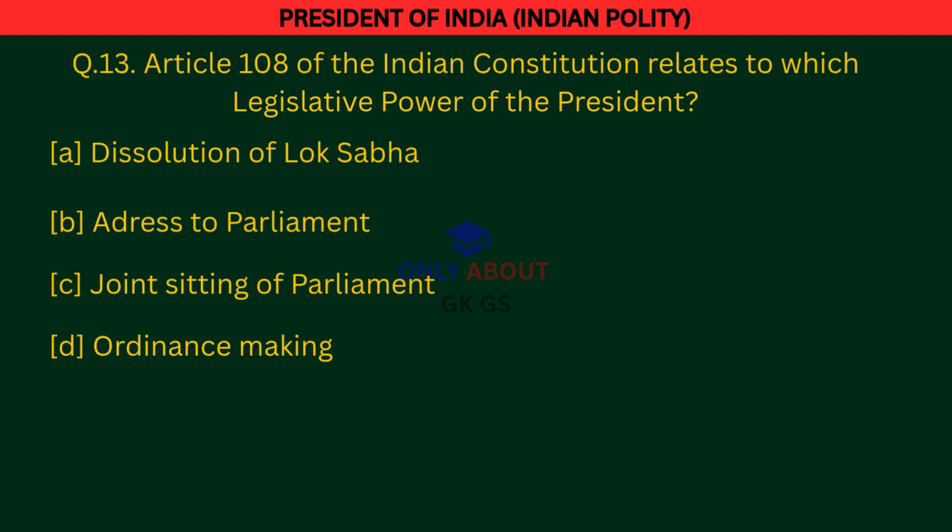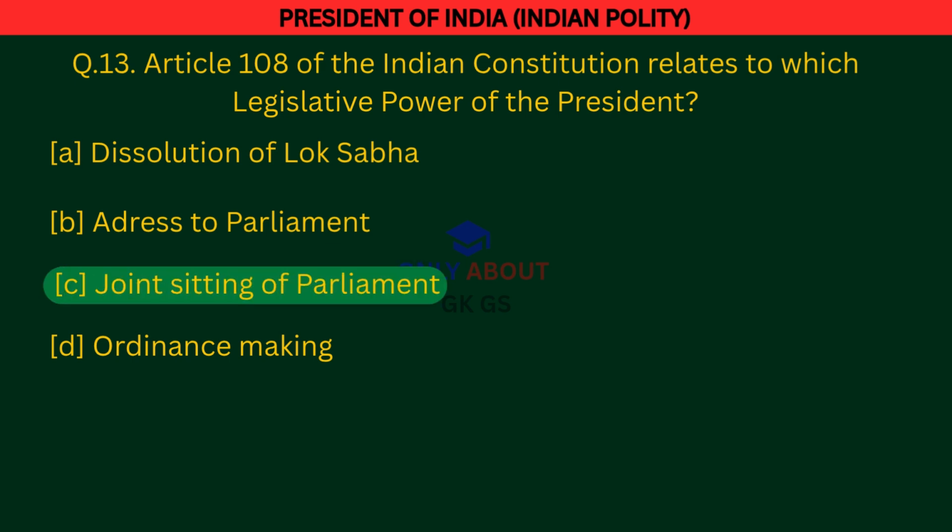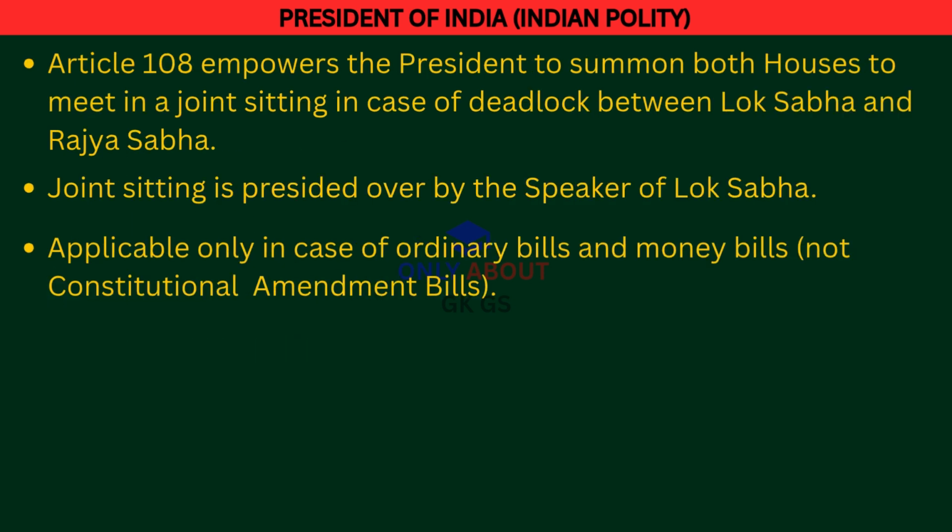Next question. Article 108 of the Indian Constitution relates to which legislative power of the President? Correct answer: Joint sitting of Parliament. Article 108 empowers the President to summon both Houses to meet in a joint sitting in case of deadlock between Lok Sabha and Rajya Sabha. Joint sitting is presided over by the Speaker of Lok Sabha, applicable only in case of ordinary bills and money